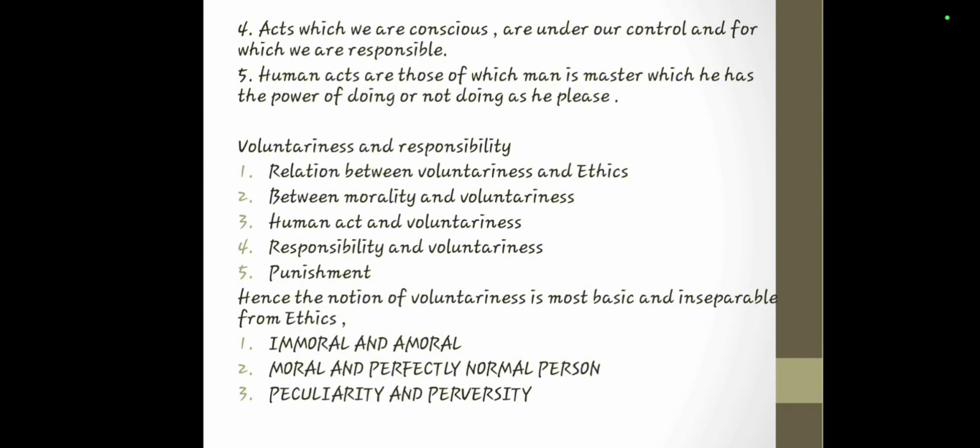Okay? And lastly, we have number 5, punishment. Literally, by the word itself, it's very absurd and most cruel to punish anyone who acted because of pure necessity, for doing what he could not do otherwise. Unless there is voluntariness, there can be no responsibility, and without responsibility, punishment is meaningless. So meaning to say, it is very hard to punish a person if there's no voluntariness. Why? Because if there's no voluntariness, there is no consent. Right? Because as I've said, consent means voluntariness.